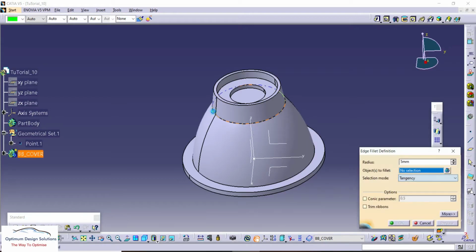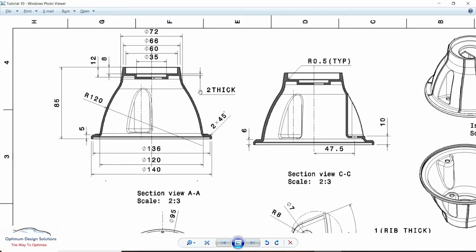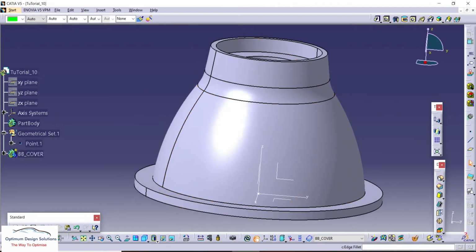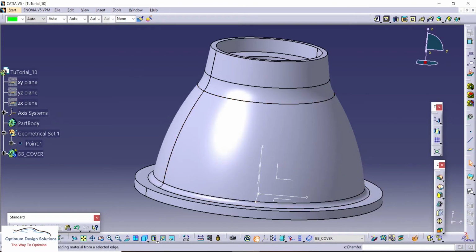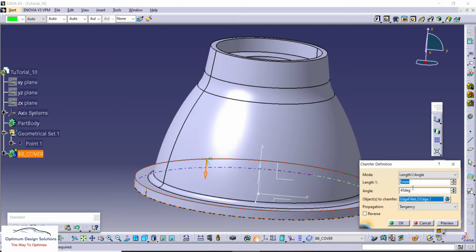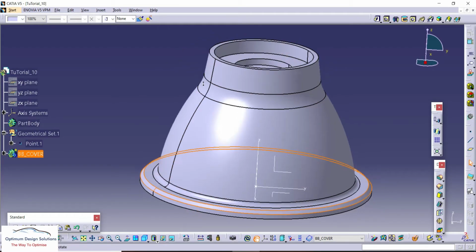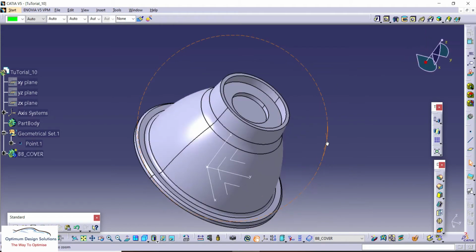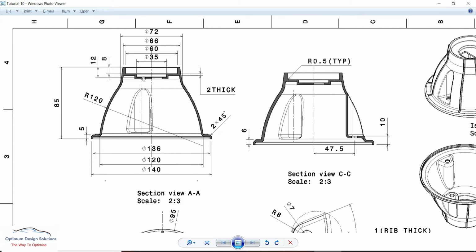So this radius is 25 mm or 20 mm, and the bottom radius is 3 mm. Then the chamfer, which is already given on the drawing, 2 into 45 degree. So this section gets completed.